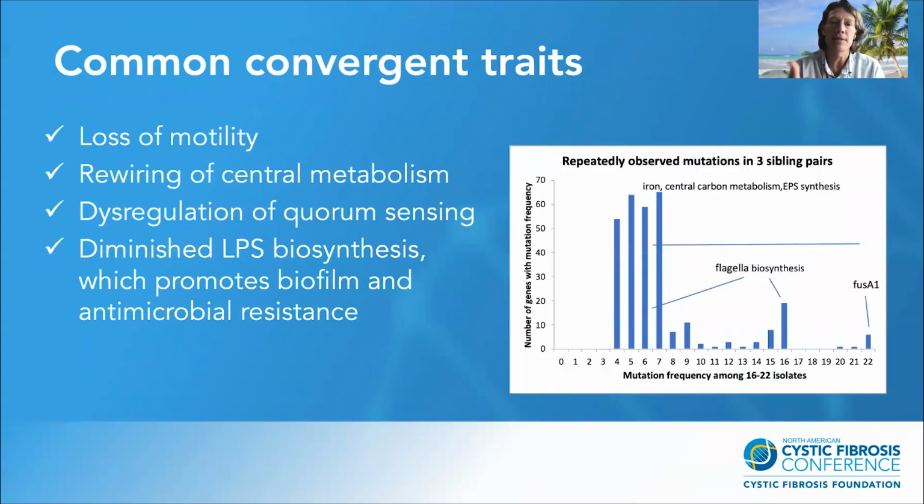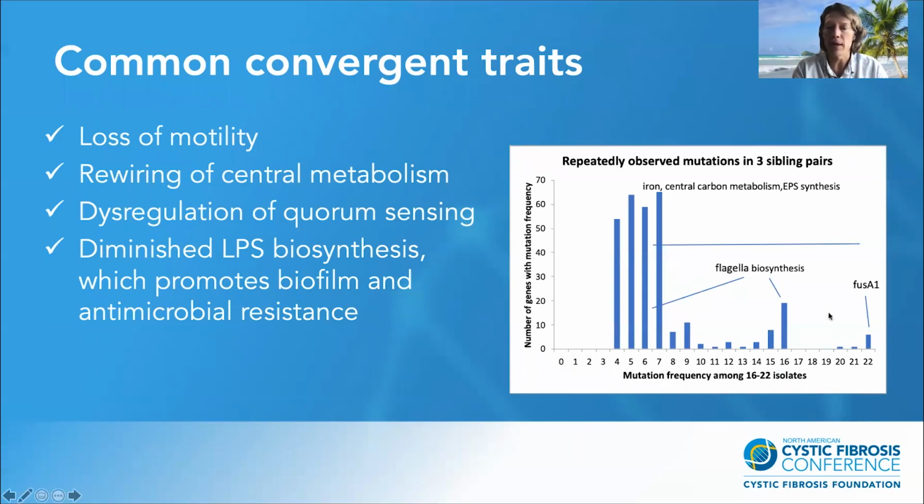Now, I just want to quickly say that anyone who's been watching this seminar has likely been thinking, well, we know that organisms, gram-negative pathogens, adapt to the CF airway. And we know that there are these traits that we see often, those involving, say, loss of motility, changes in central metabolism, dysregulation of quorum sensing, like mutations in LasR in Pseudomonas aeruginosa, alterations in LPS biosynthesis, which long have been thought to be associated with evasion of host defense, but we actually also show, in conjunction with the tobramycin study, these actually directly increase biofilm production and antimicrobial resistance.